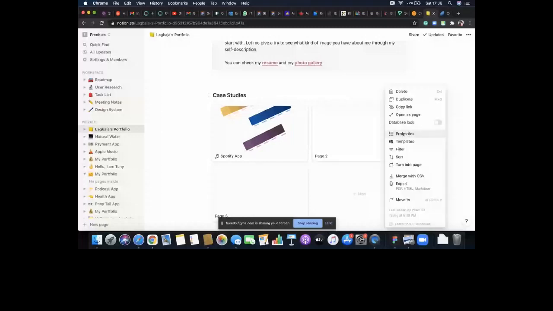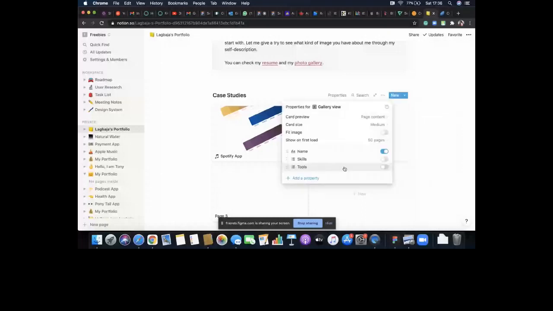If you click on properties, it's now going to ask, this is the properties for this card that we have displayed. What do we want it to look like? Do we want the skills to become visible? Just watch while I do it. When I use the toggle button, you will see that it becomes visible. So skills has come up, tools as well. I can decide to change the size of this card to large, and it expands.